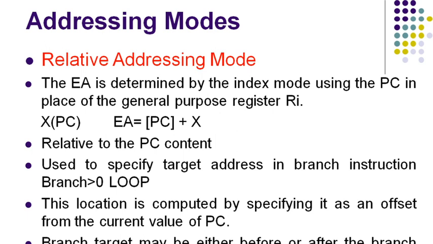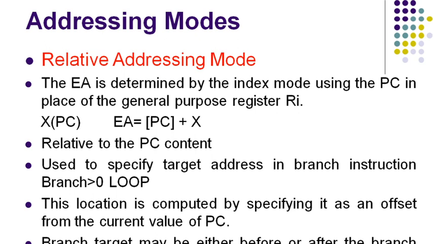Now it is in 1016. I have to go back to the branch location, which is 1000. What offset value can I give? I should give X equal to minus 16. Okay, the program example that I have described is given in figure 2.12 in the textbook. You can go through it.